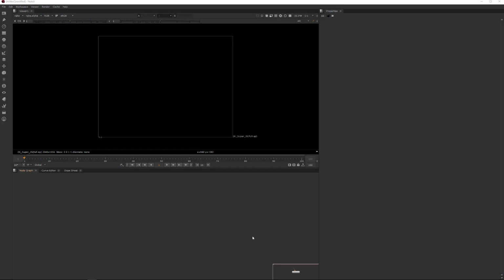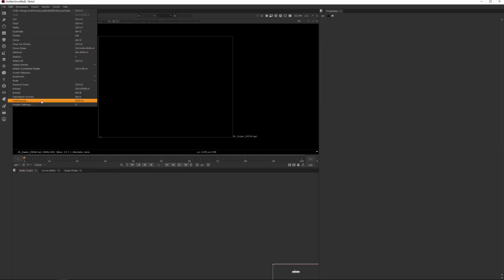Okay, we're going to go quickly and set up our preferences in Nuke for the first time, so that when we're using Nuke with the node graph and other people's scripts as well, it's just going to be a lot easier to see what's going on. So come up to Edit and go to Preferences,